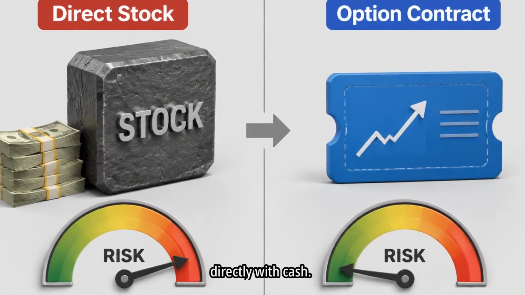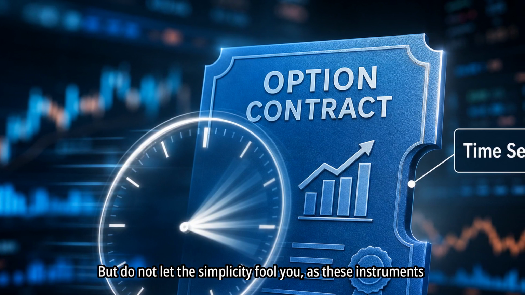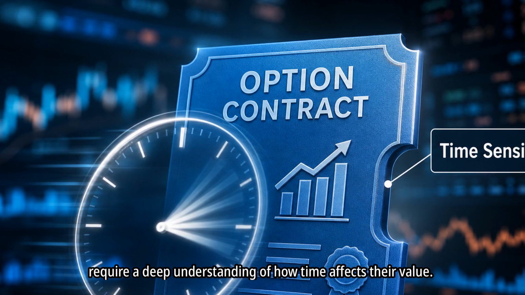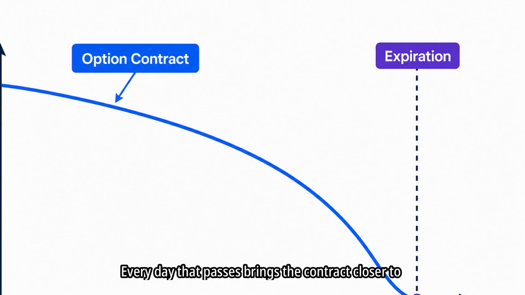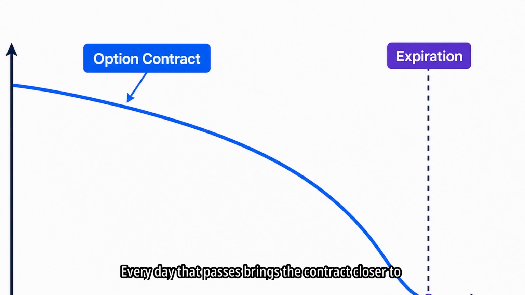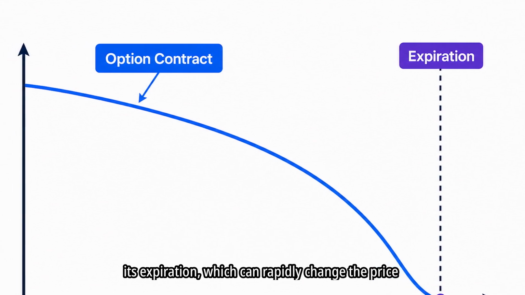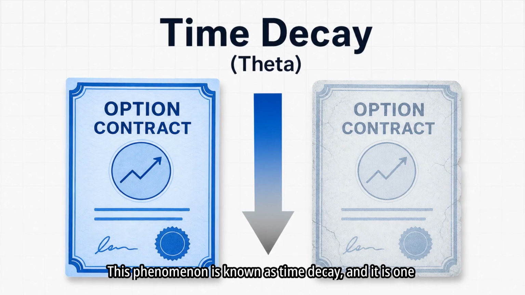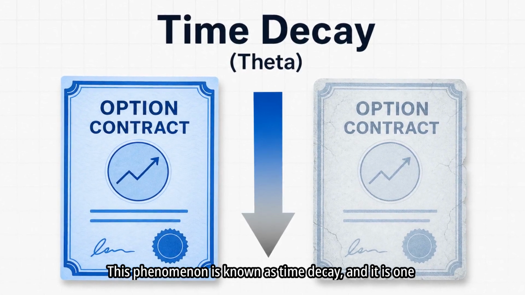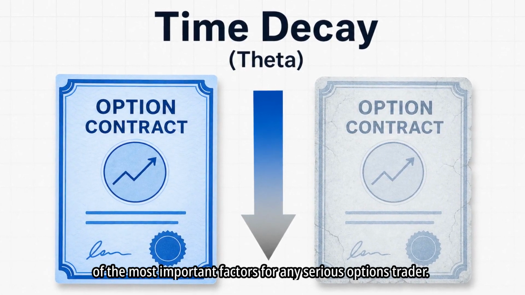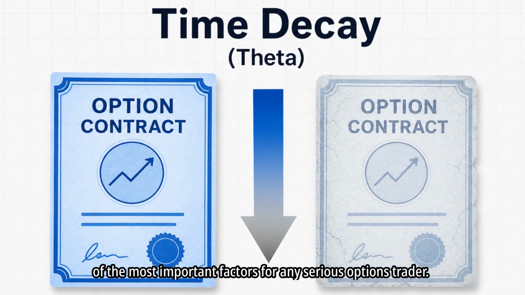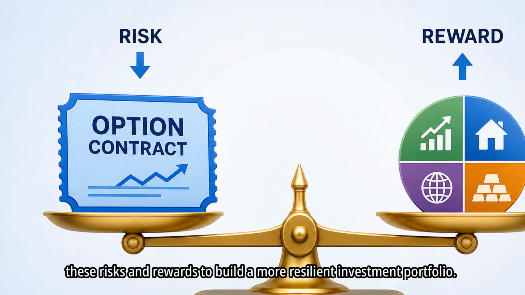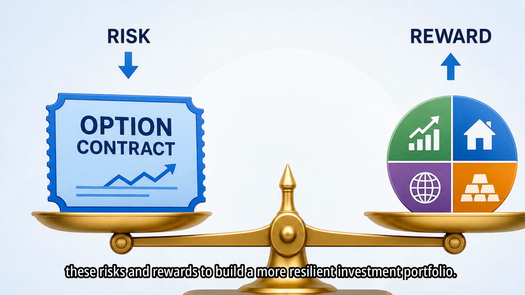directly with cash. But do not let the simplicity fool you, as these instruments require a deep understanding of how time affects their value. Every day that passes brings the contract closer to its expiration, which can rapidly change the price of the option itself. This phenomenon is known as time decay, and it is one of the most important factors for any serious options trader. As you gain experience, you will learn how to balance these risks and rewards to build a more resilient